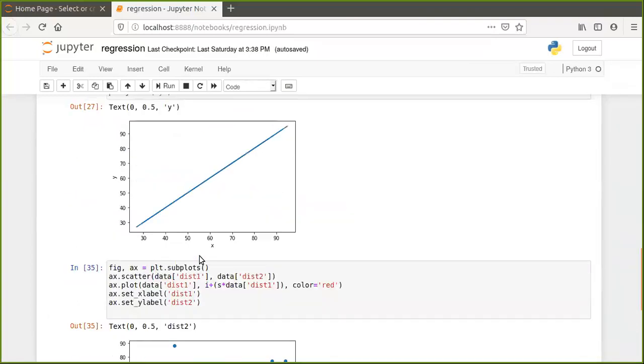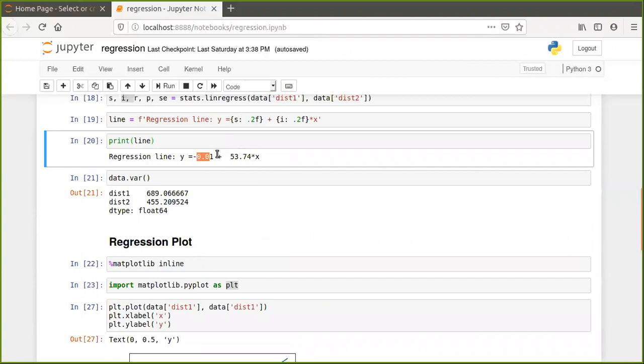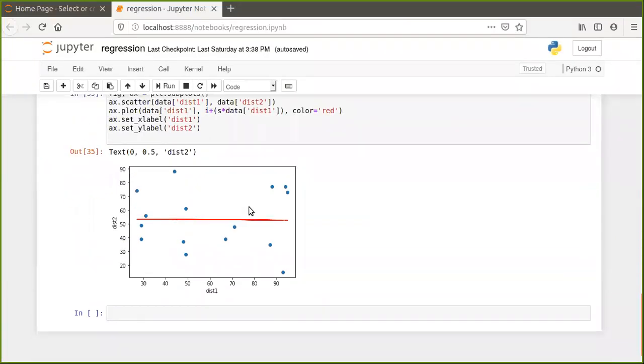I think that is not intercept. Intercept should start from 53 times x. The x value 53 times here it is starting times x. So it starts here and